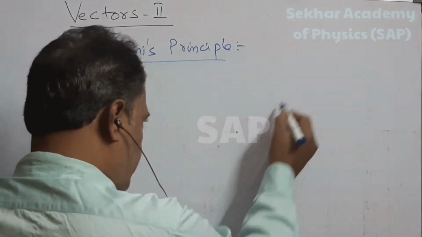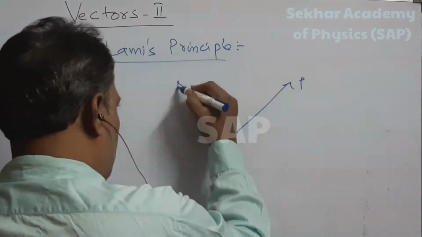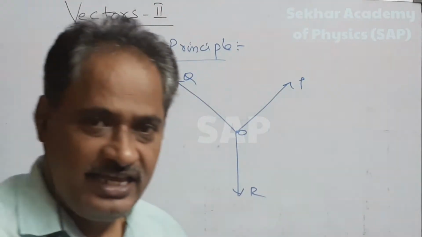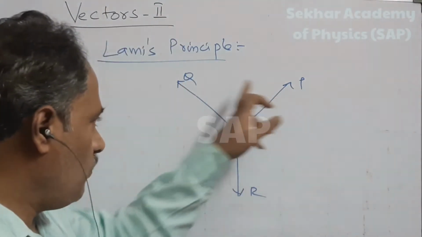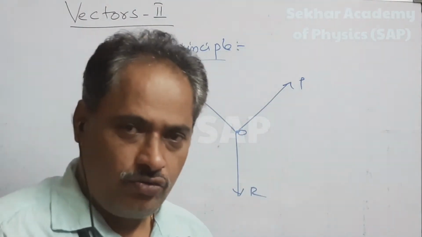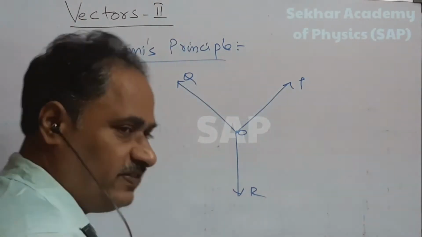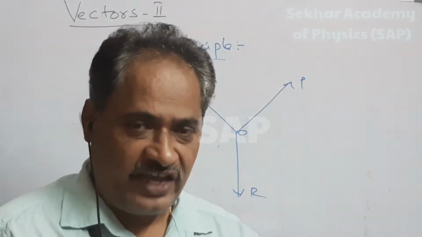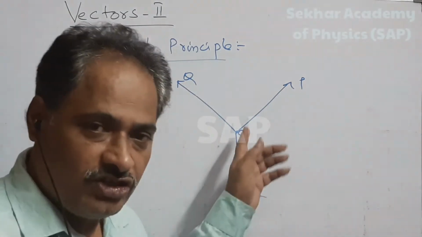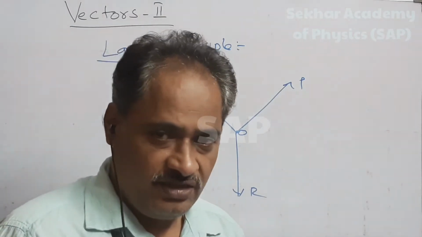If three forces, for example P, Q and R, are acting on a particle O to keep that particle in equilibrium, then each force is directly proportional to the sine of the angle between the other two forces, or I can say the ratio of force to the sine of the angle between the other two forces